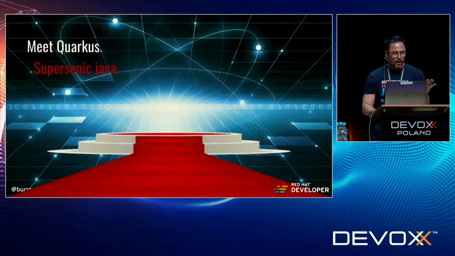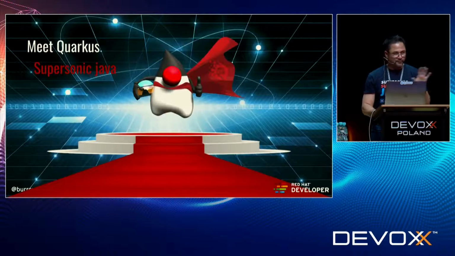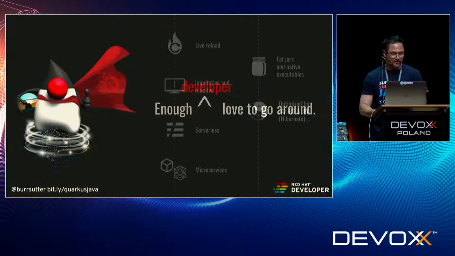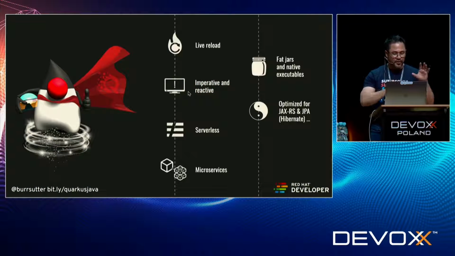So that's really why we worked on this thing called Quarkus. You guys have hopefully seen some presentations on this today. If not, I'm not going to spend too much time on the intro stuff because I really want to show you some more interesting stuff overall. For one thing, I'll show you the imperative and reactive programming model just to give you a little feel for that. I do have a serverless example. You've probably seen the live reload capability already, but I'll show you just a quick example of that as well.